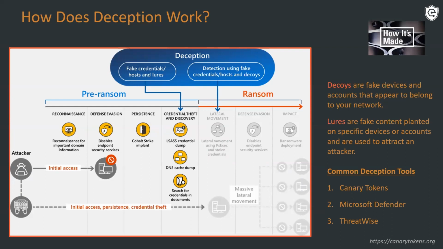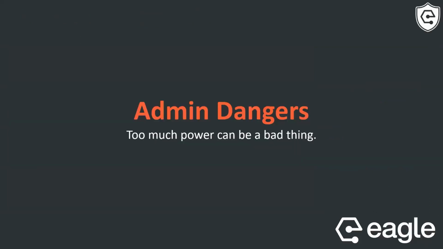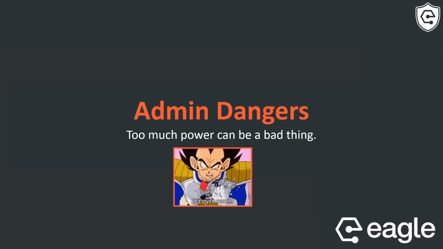So a lot of this can also exist in the cloud. It's not on-prem only. So in an environment where we have to rely on identity security and we can't rely on endpoint detection and response, deception is a really good way to be tipped off to the fact that someone's in your environment.